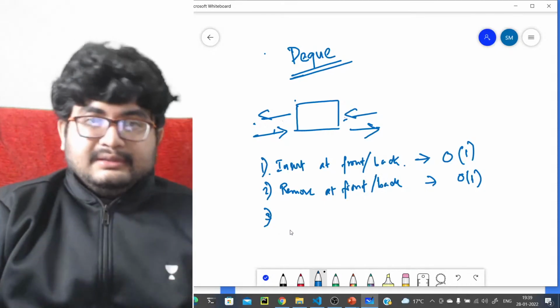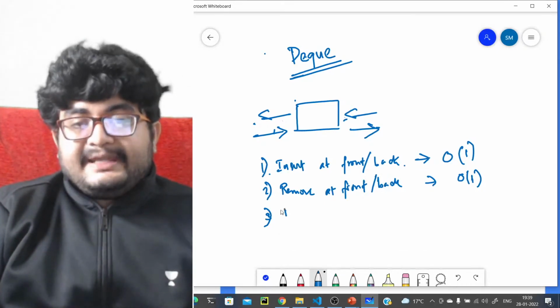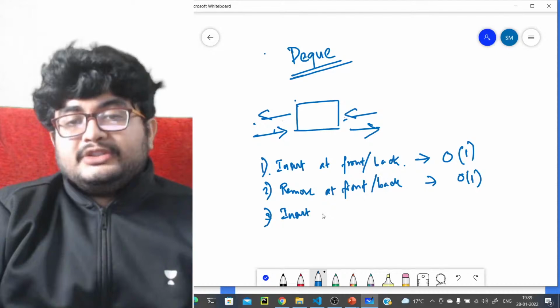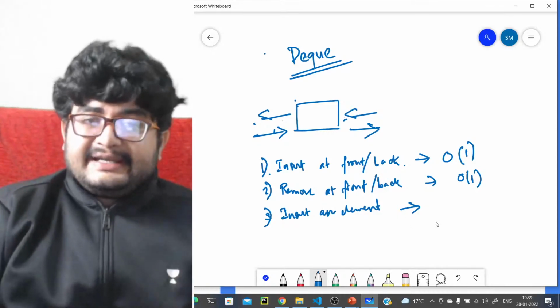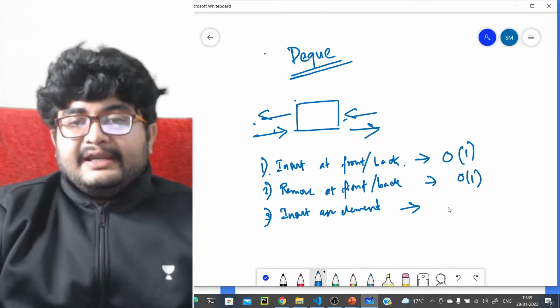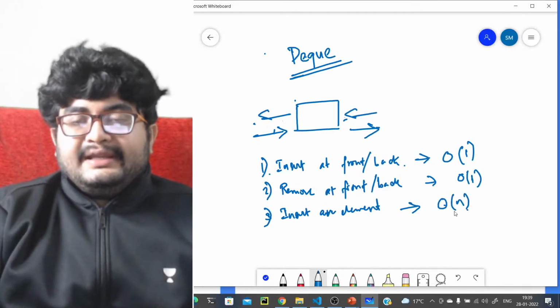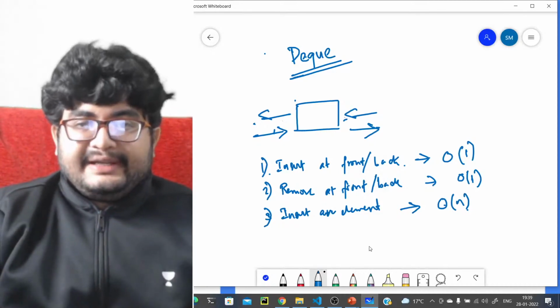But there is a downside as well. If you want to insert an element at any position which is not front or back, it will be order of n time in the worst case.